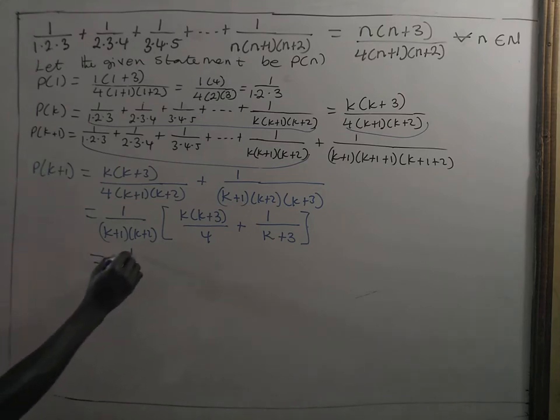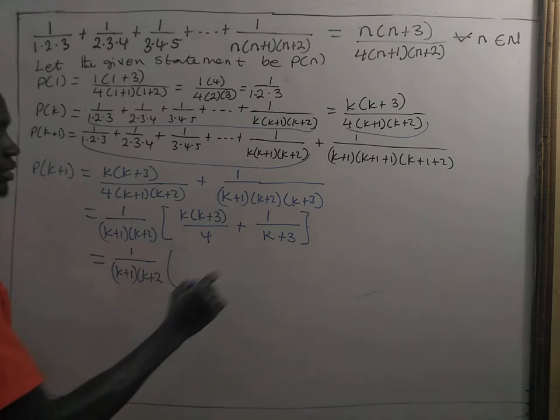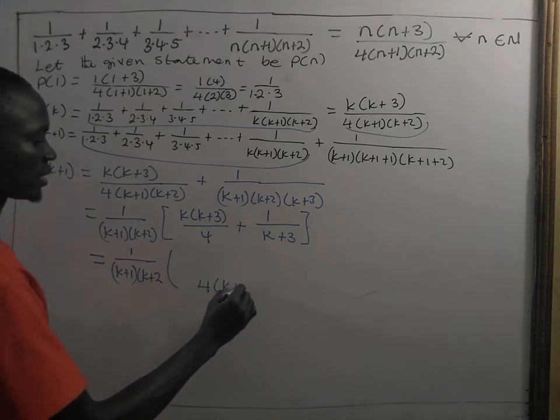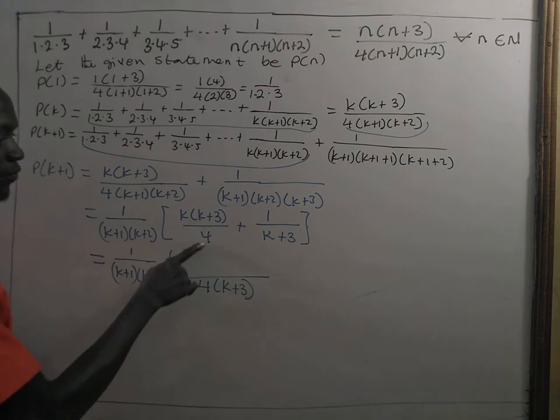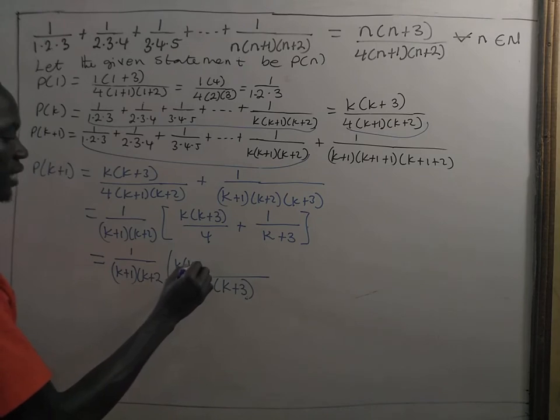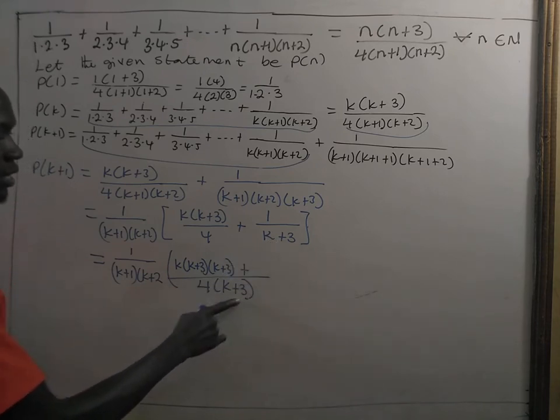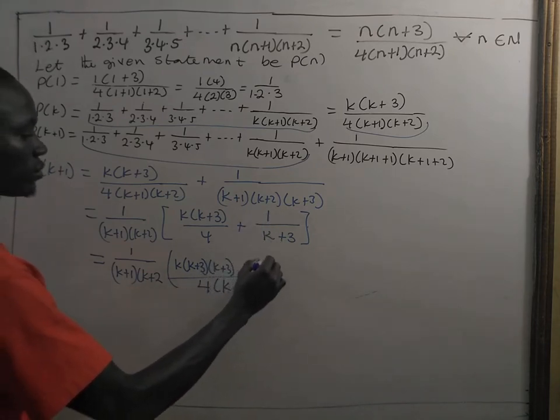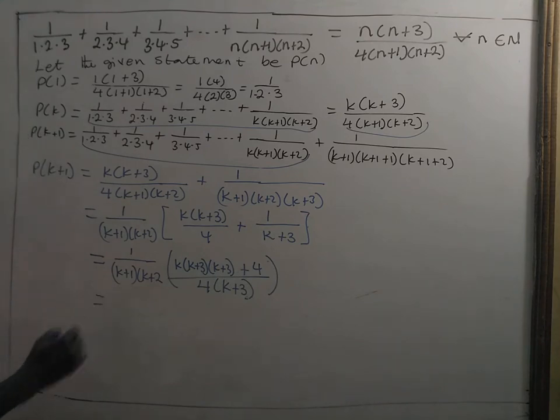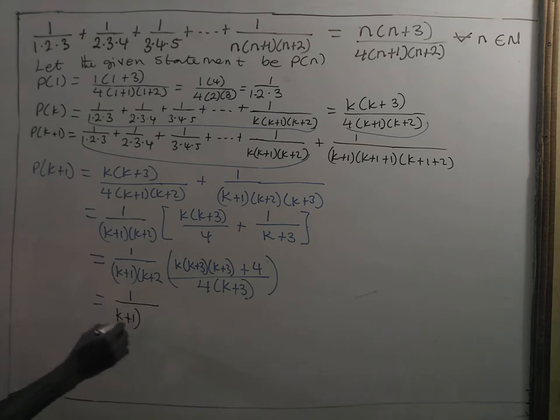Here we have 1 divided by k plus 1 times k plus 2, times, here the LCM is 4 times k plus 3. So here 4 will come and cancel 4 and you multiply this one by this. We have k times k plus 3 times k plus 3 plus k plus 3 will cancel k plus 3, then multiply here by 4 as 4. Now this gives us 1 divided by k plus 1 times k plus 2